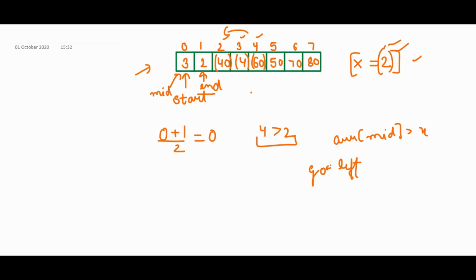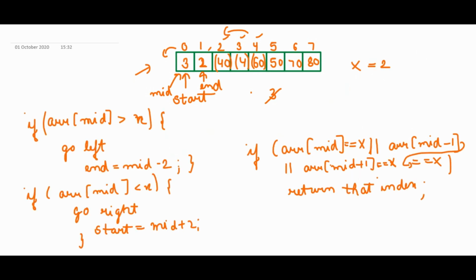Okay. Now the same thing will happen. We have to compare this with mid plus 1 and mid minus 1. Okay, so mid minus 1 is not present. We have to compare it with mid. So mid is 3 and our x is 2. They are not equal. So we will check with the mid plus 1th element. Now 2 and 2 are equal. Okay, we have found our element and we will just return 1 here.